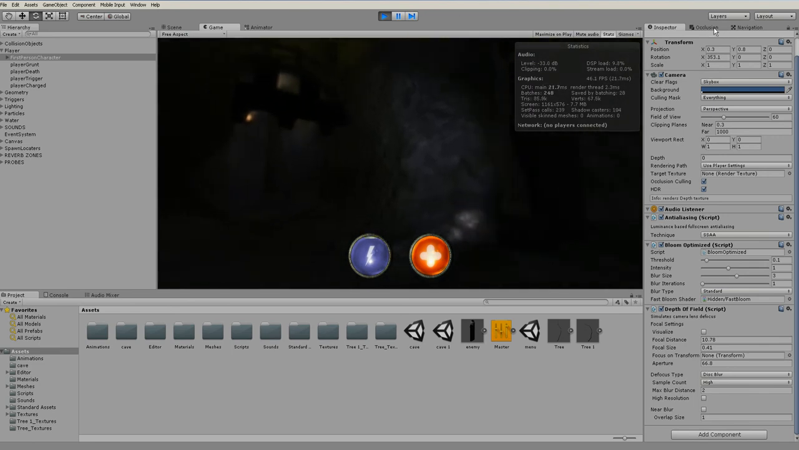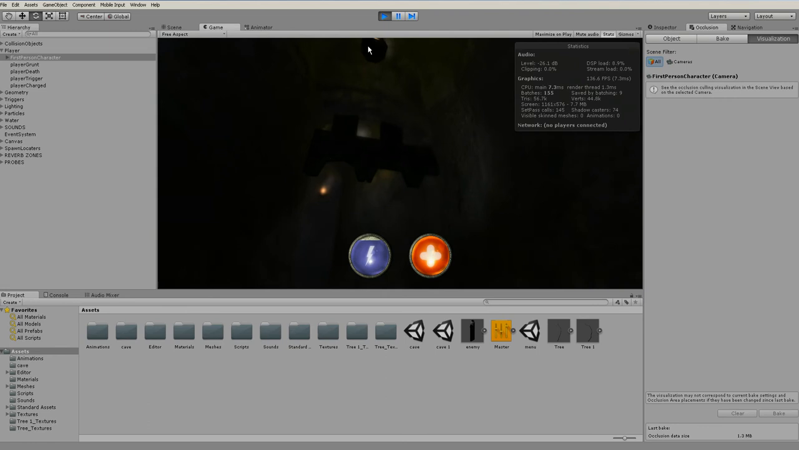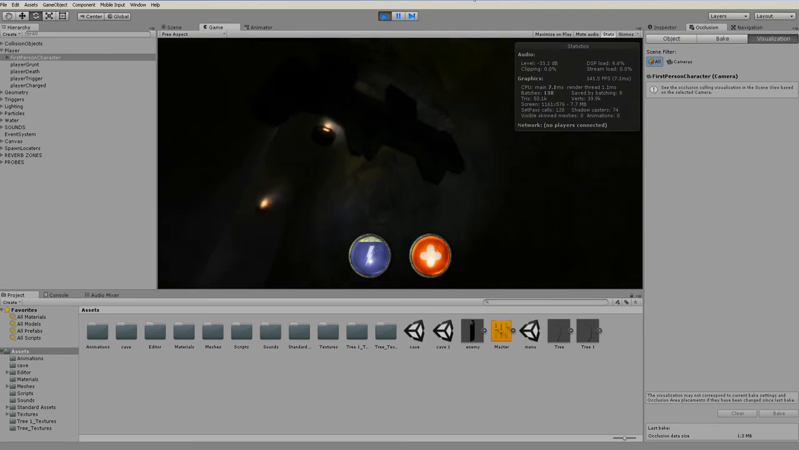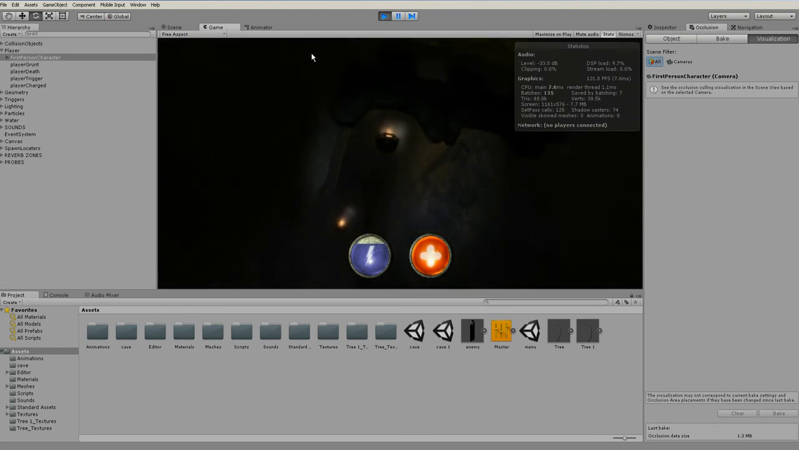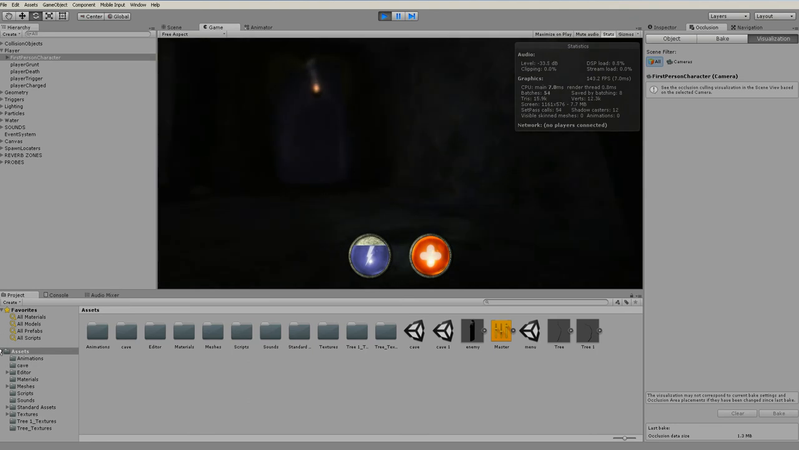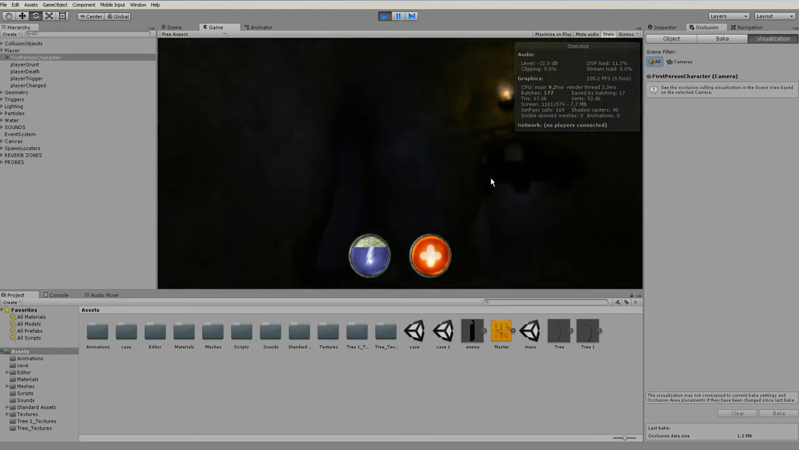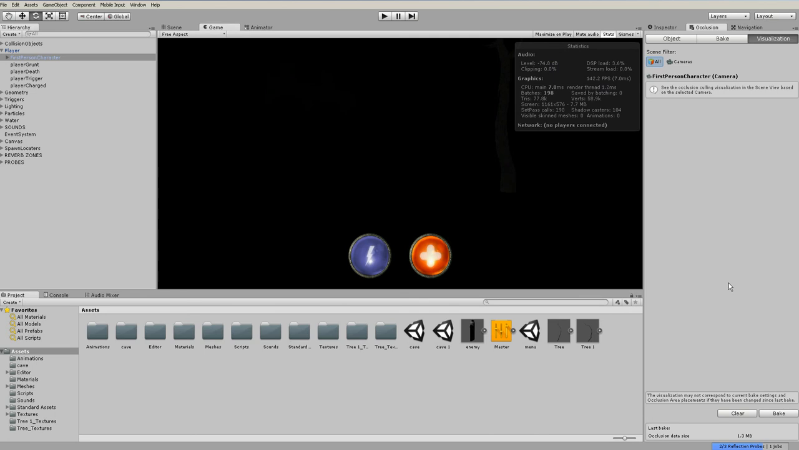So it just blurs everything, except for the parts that are in the focal range. Like right now, the door here is in focal range. The rest isn't, so the rest is blurry. It looks really cool, but it's also very